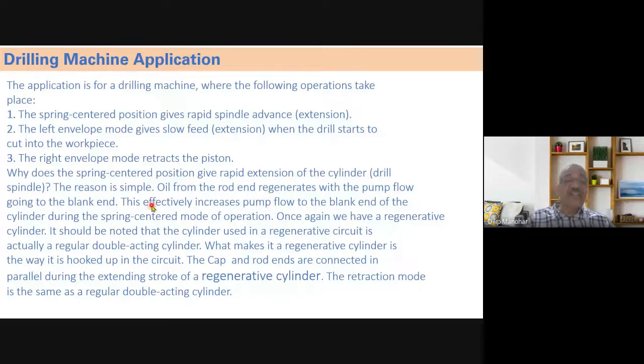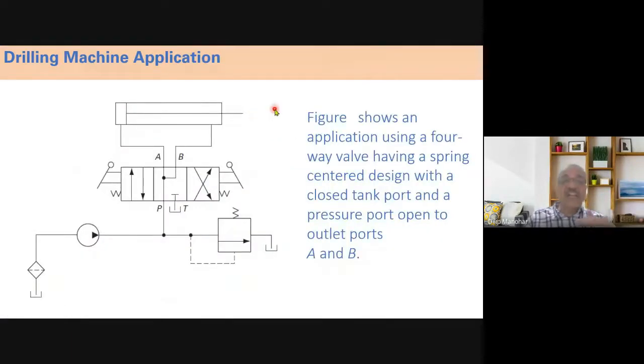As soon as it touches, we shift back to the left envelope. That means as soon as the drill touches the material, we shift by manual operation to the left envelope. So really the high pressure application starts, with low flow. Here in the center, it's high flow, low force. There is no cutting force here. But in the left, it is a high force applied to the cylinder end and low speed.